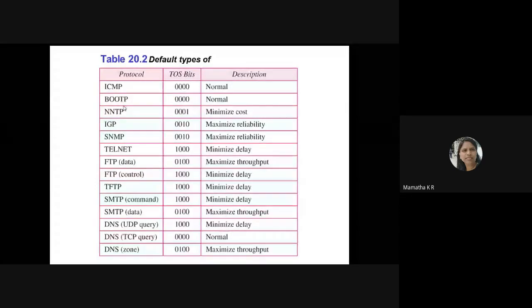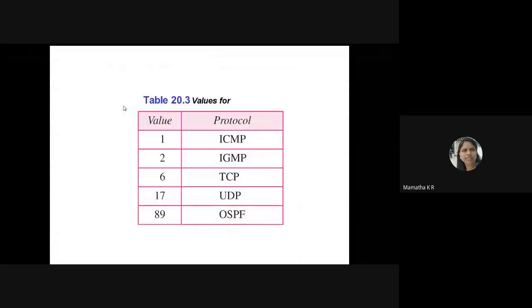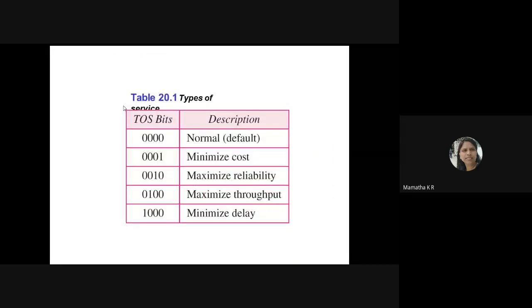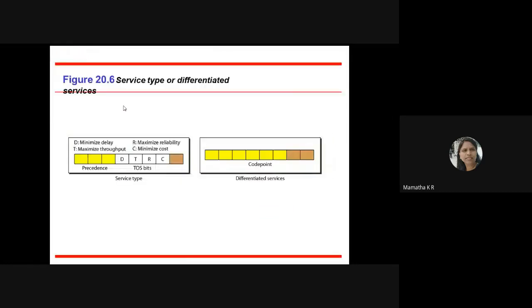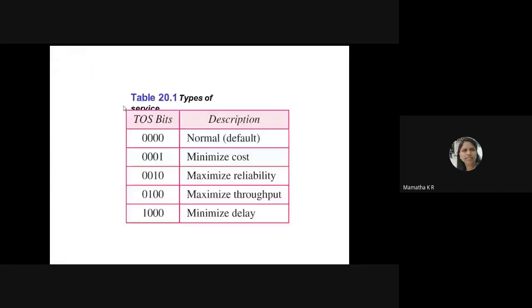Later we will see that. No, no, you cannot see, because application layer is not at all there in your syllabus. But then also you just go through here, okay, for different fields, how the different protocols will be using. Okay, and here we have these protocols, meaning the values will be like this. Okay, so this is not important. What is important is this diagram, this block, and these two blocks. Okay, in order to discuss the service type, this and this is sufficient.